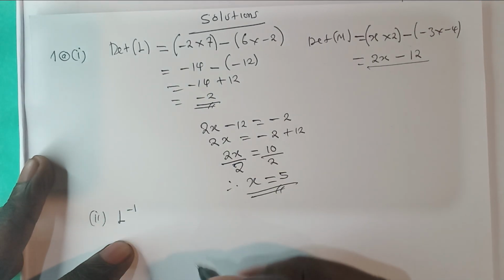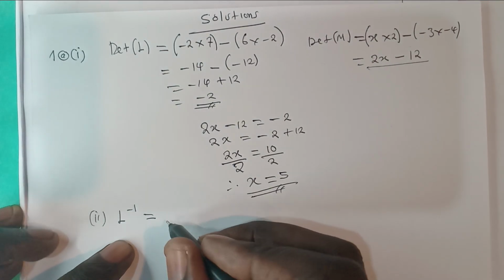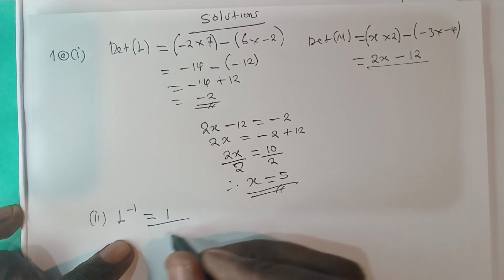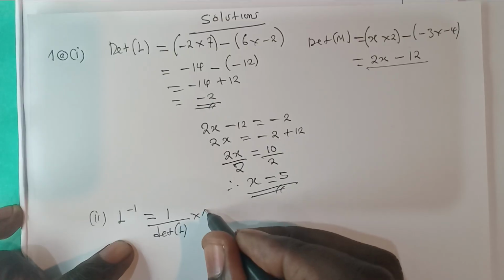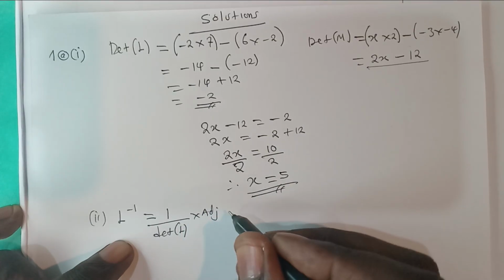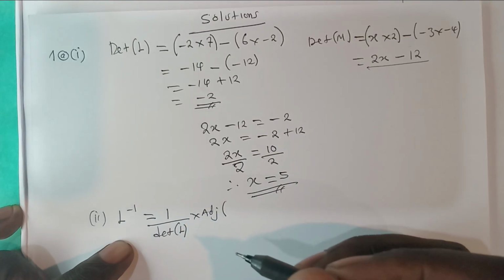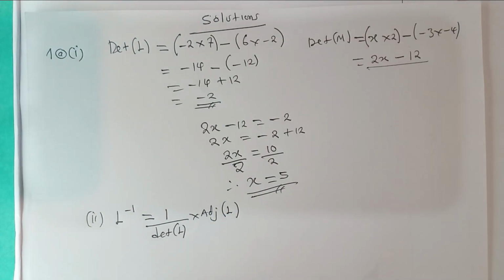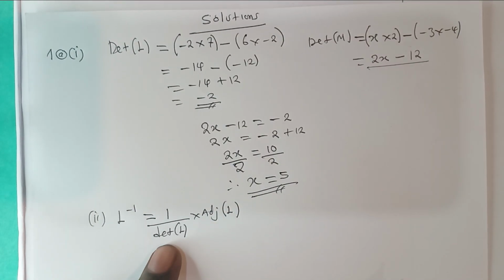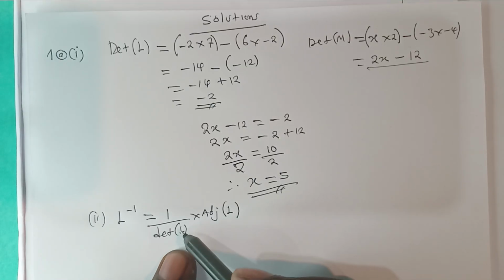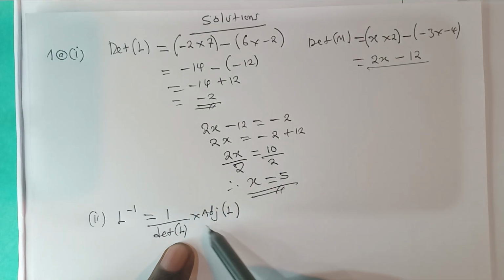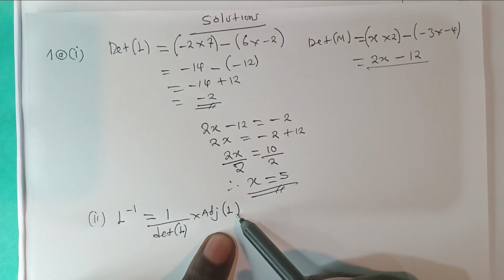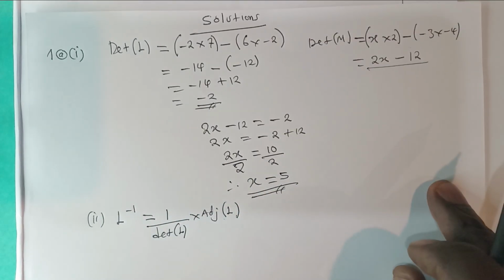And for L inverse, we understand the formula is that it should be 1 over determinant of the matrix L times the adjoint of the matrix L itself. Okay. So we already know the determinant of the matrix L. So what is needed is just to include the adjoint of the matrix L,